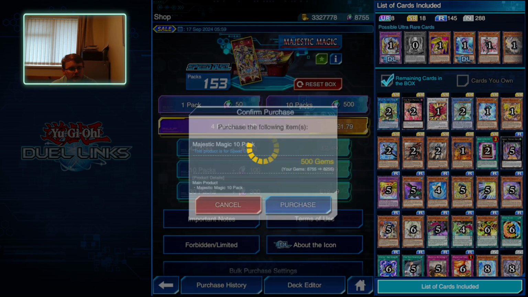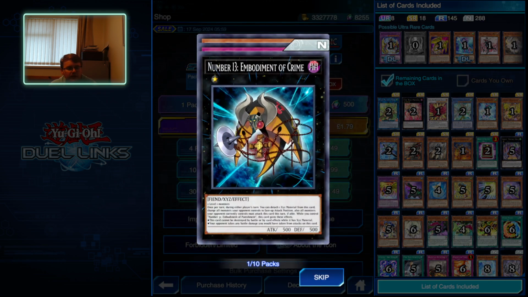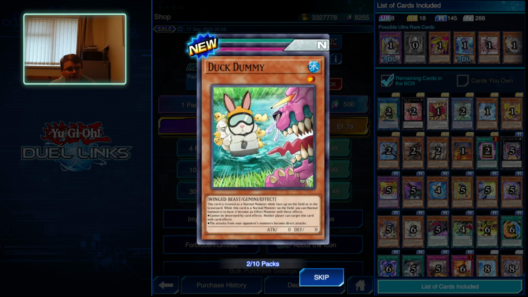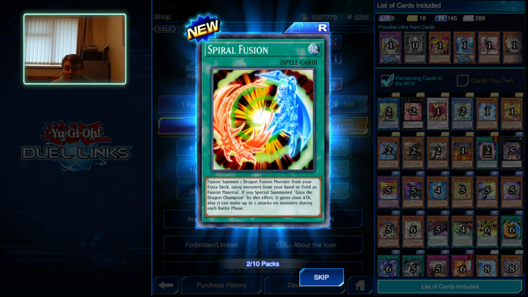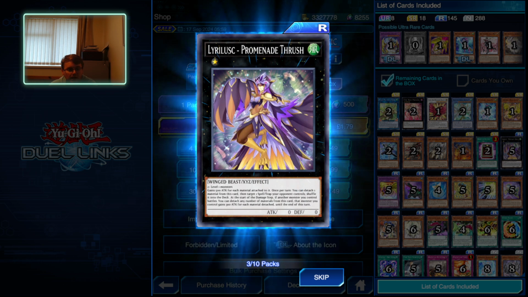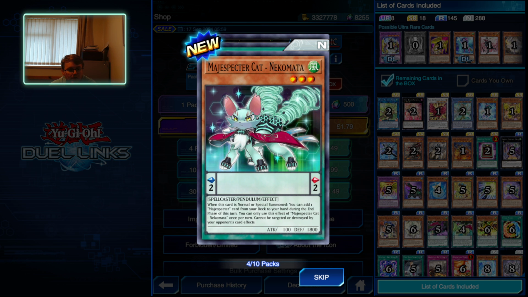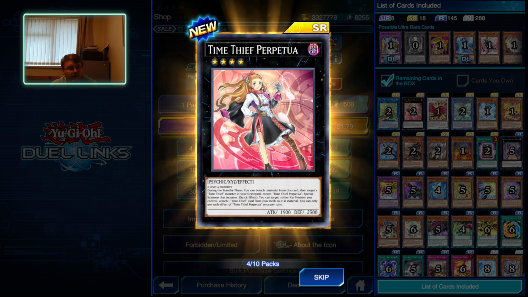Like one more. Let's do another 10. So let's see if we can get anything else. Embodiment of Crime, Flyback, Regulator, Duck Dummy, which is pretty funny. Icy Braze Refrain, Spiral Fusion, which is a very powerful spell for our boys. 2 Xyz monsters, very handy because they're level 1s. Magispector Cat Necromata, Sanctuary, and Time Thief